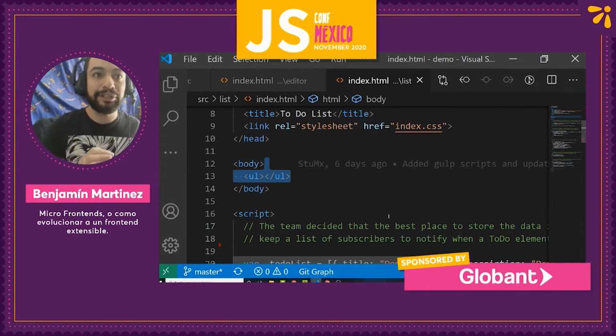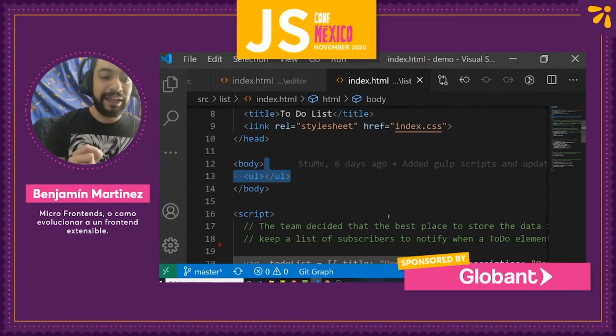But we need to take into account. Imagine your component as a separate app. I can send to production only that component, and that's the key point, or the great lesson that we learned working in Globant. So the value of working with micro frontends is the flexibility to deploy fractions or areas, because